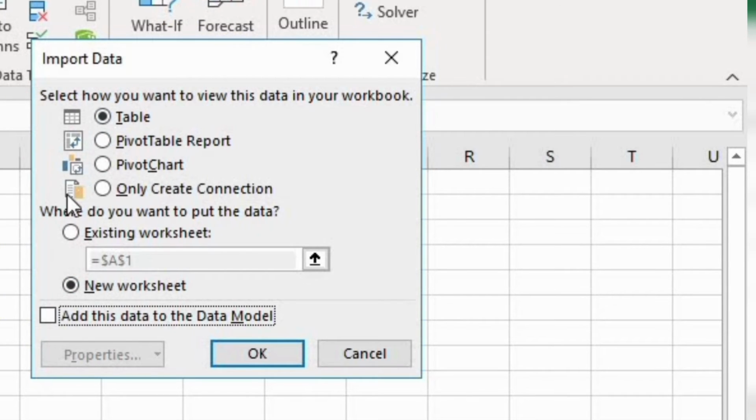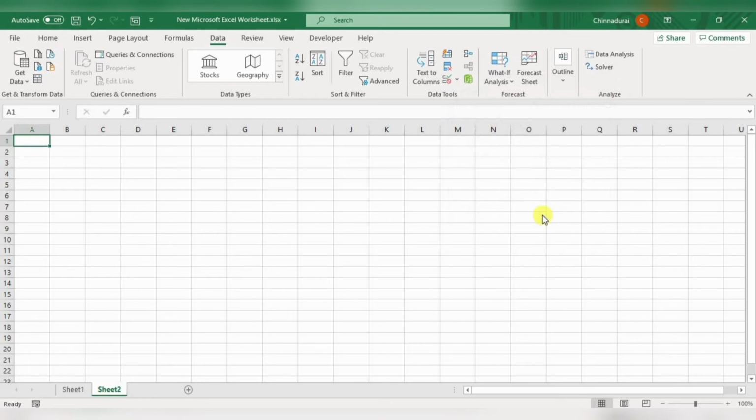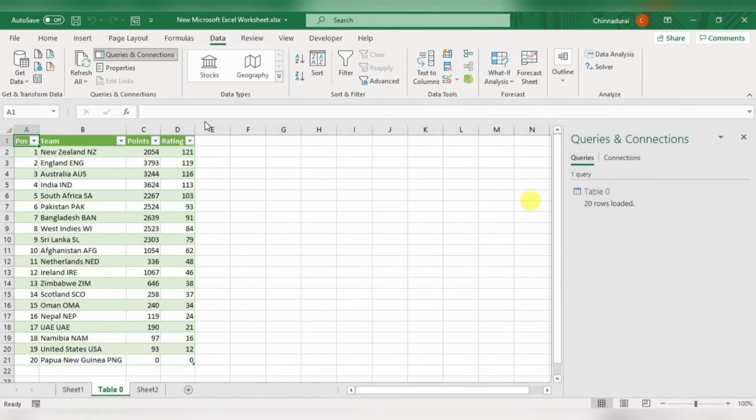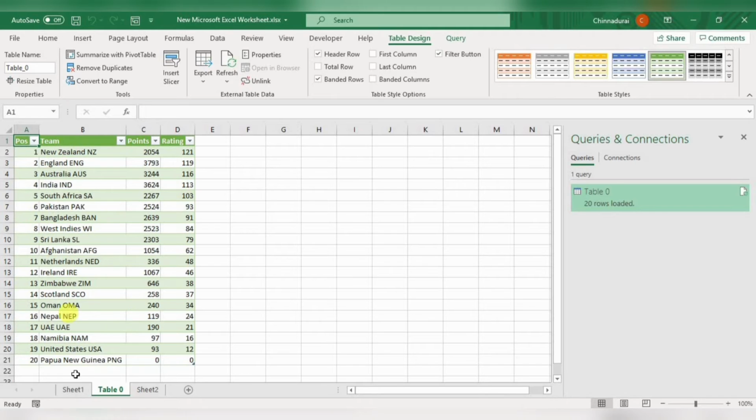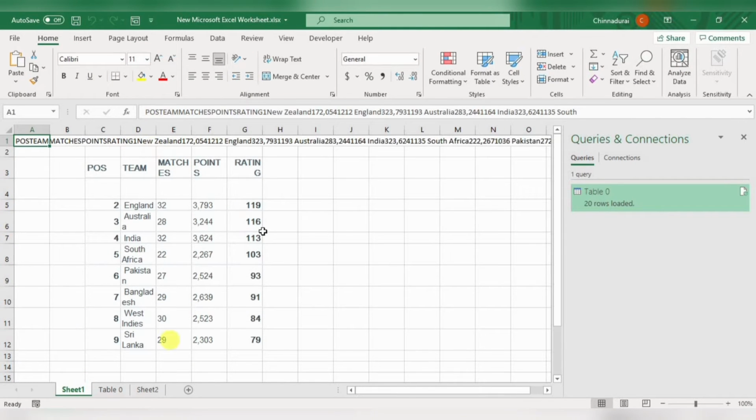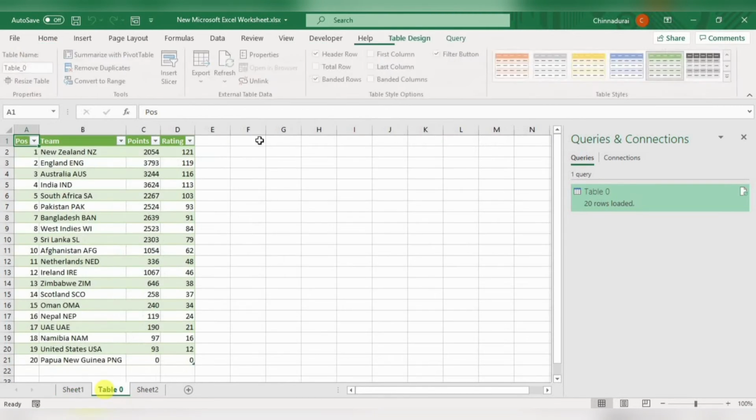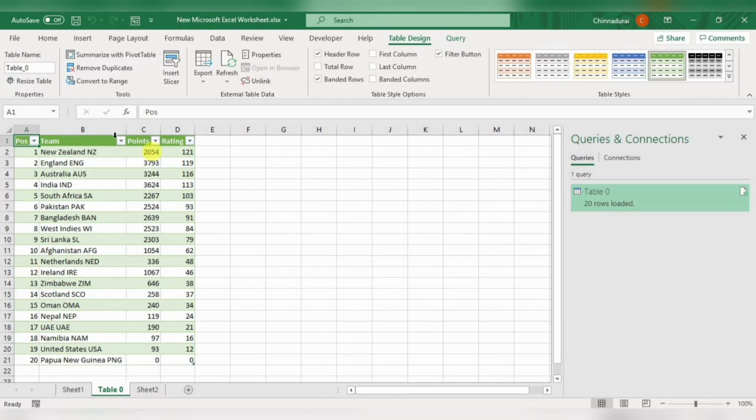So now I want to paste this data through a table. It is already under a table, so I am going to give OK. Now you can see the result of our normal copy paste method and the data that we have pulled using Power Query.